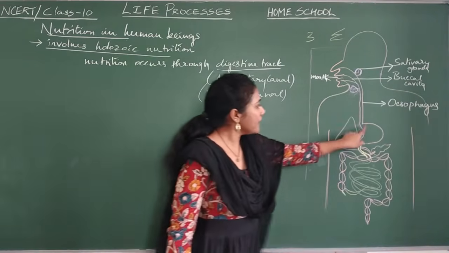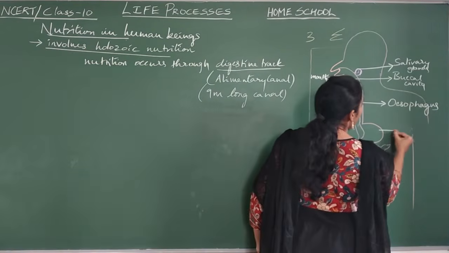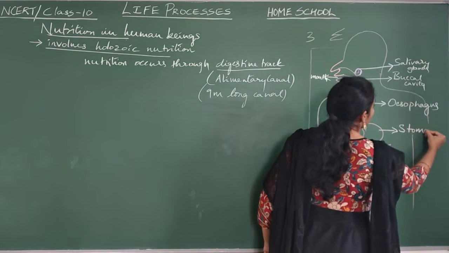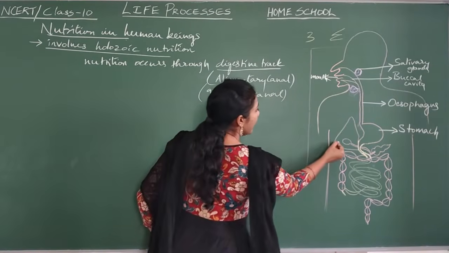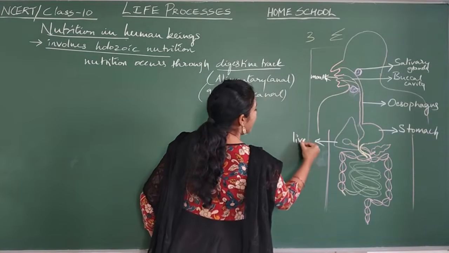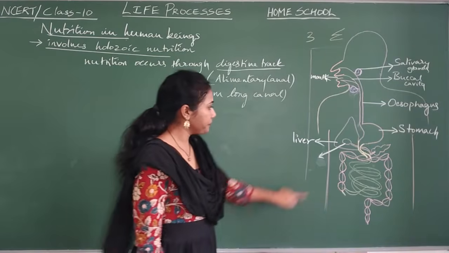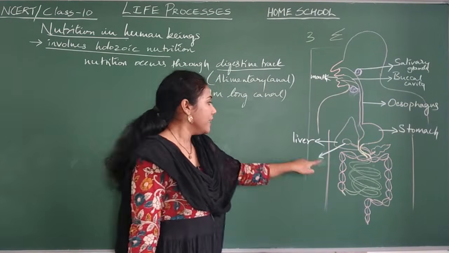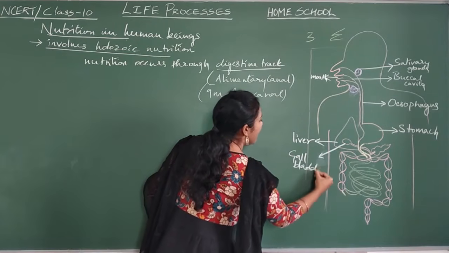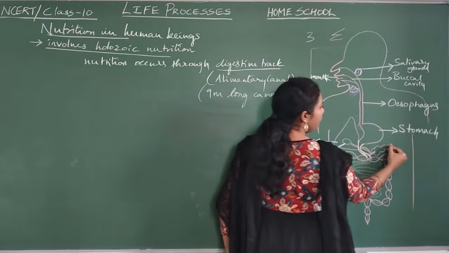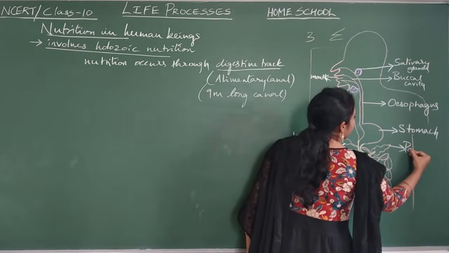Esophagus. Okay, and this mango shaped structure, actually, this is called stomach. This is your stomach. Okay, and this triangle shaped structure which I have drawn, this is called liver. And the balloon shaped structure which I have drawn, this is called gallbladder. Okay, and this leaf type of structure which I have drawn here, this is called pancreas.